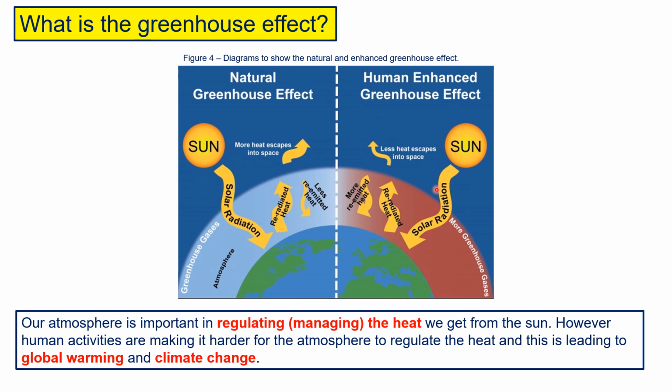On the right we can see here that we've got more greenhouse gases in the atmosphere, which traps more solar radiation, so less heat escapes and temperatures increase. Okay, it's that simple. More gases trap more solar radiation, temperatures